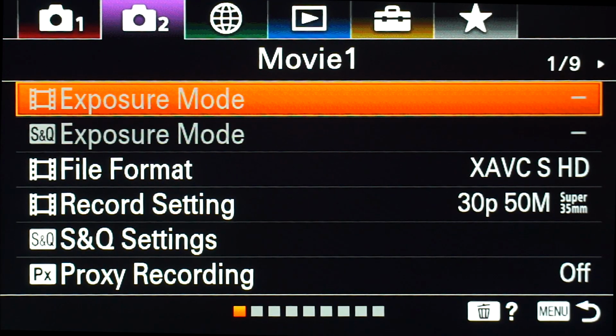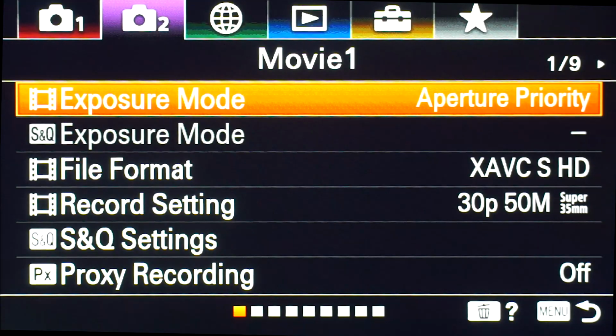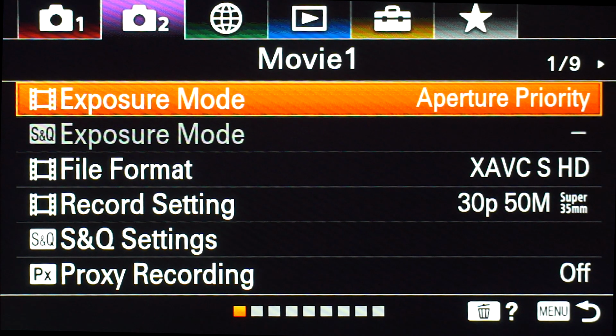Purple camera icon, tab 1, page 1. Movie settings, page 1. Exposure mode. You can select the exposure mode for movie shooting here. Program Auto